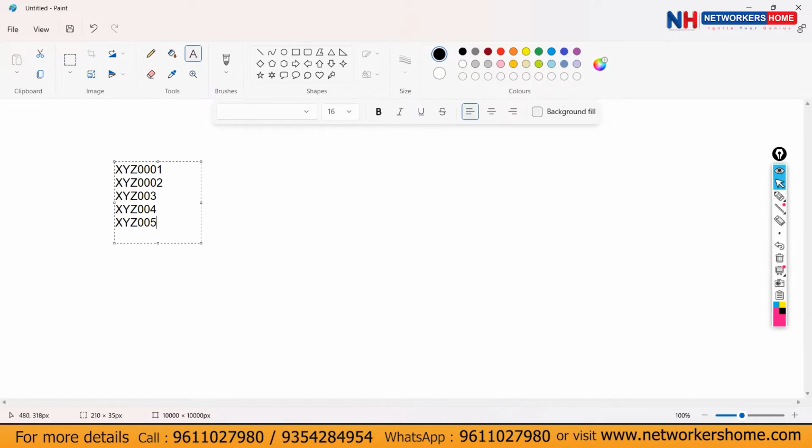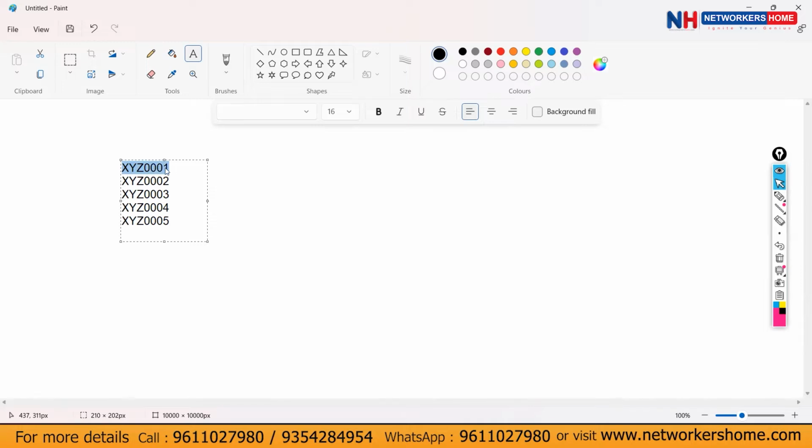XYZ004. So in this, we have two parts, network bit and host bit. How? So this whole thing is one register number. Your register number would obviously start with the college name and then there will be a number. But your college name, the college code XYZ, remains the same. But the numbers at the end, 1, 2, 3, 4, 5, change. So the part which remains the same is known as the network bit. This whole thing is your roll number.